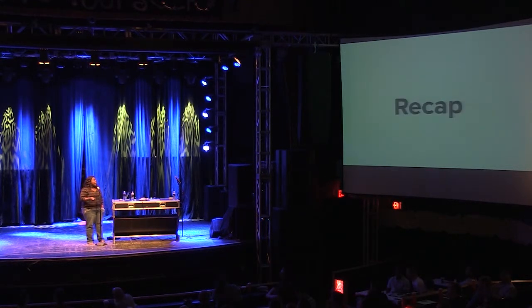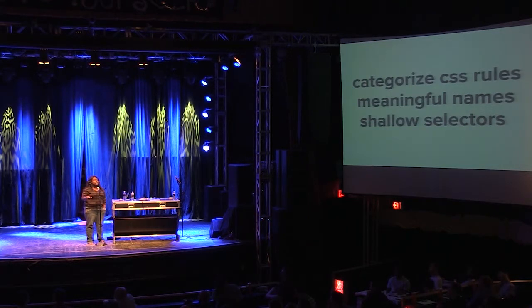To recap what SMACSS is all about, you categorize your CSS into rules and one of the 5 categories that we talked about. You name your modules something meaningful so that you know exactly where to find what you're looking for when it comes time to update these styles. And you try to use as shallow a selector as possible so that you're not deeply tying your styles to